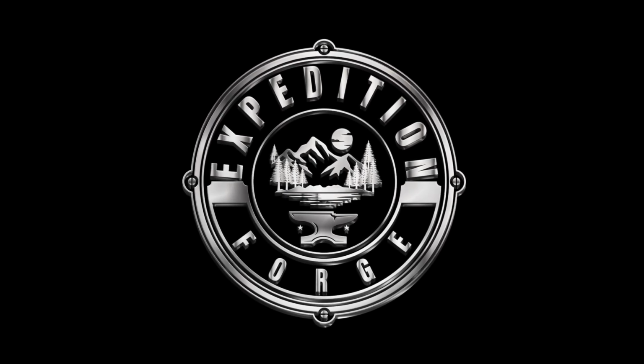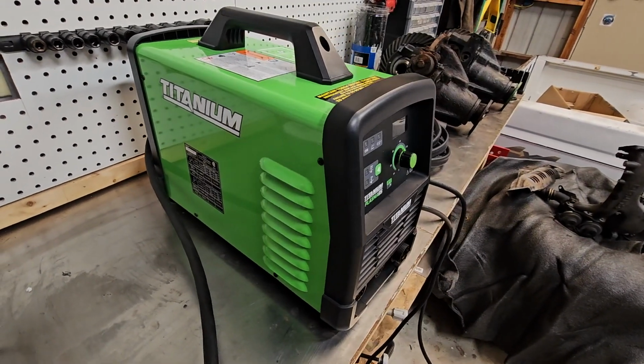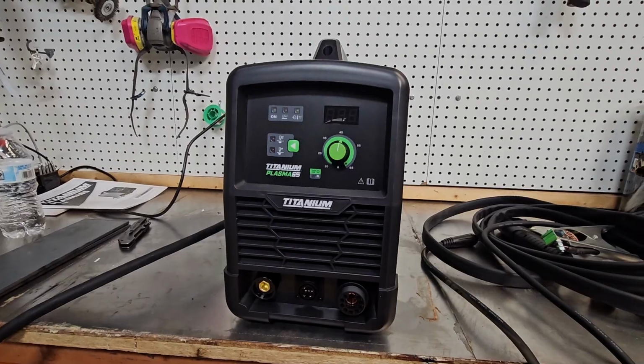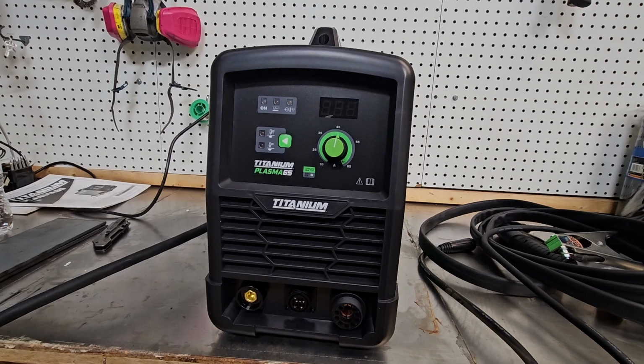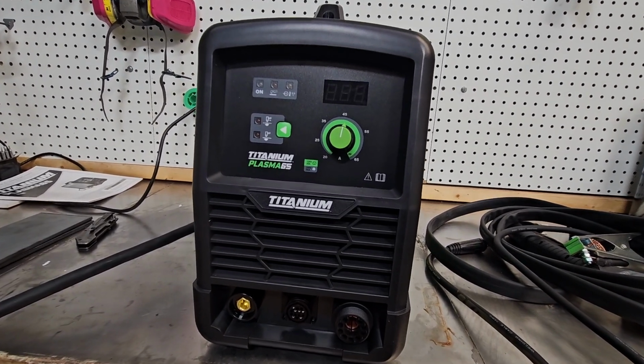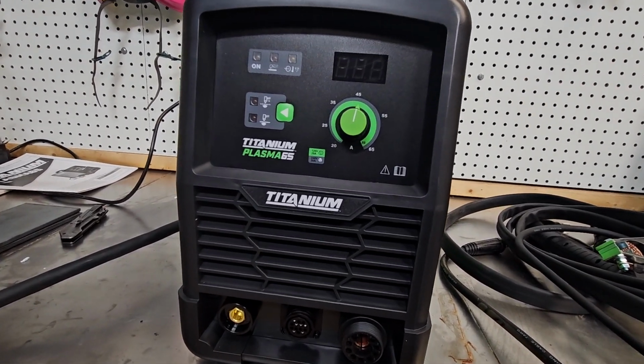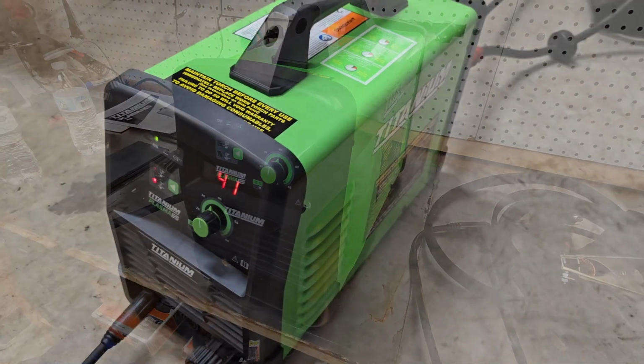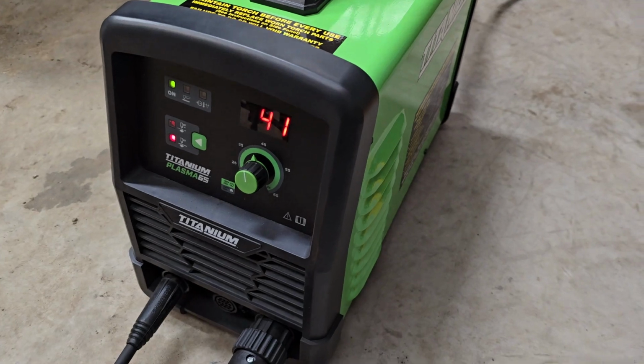My little shop is pretty well equipped for a little hobbyist shop, but recently I've been thinking I want to up my fabrication game in order to take these overland projects to the next level. And one tool that I think I need in order to do that is a plasma cutter. This is the Harbor Freight Titanium Plasma 65 plasma cutter, and yes, today I have a new toy and you